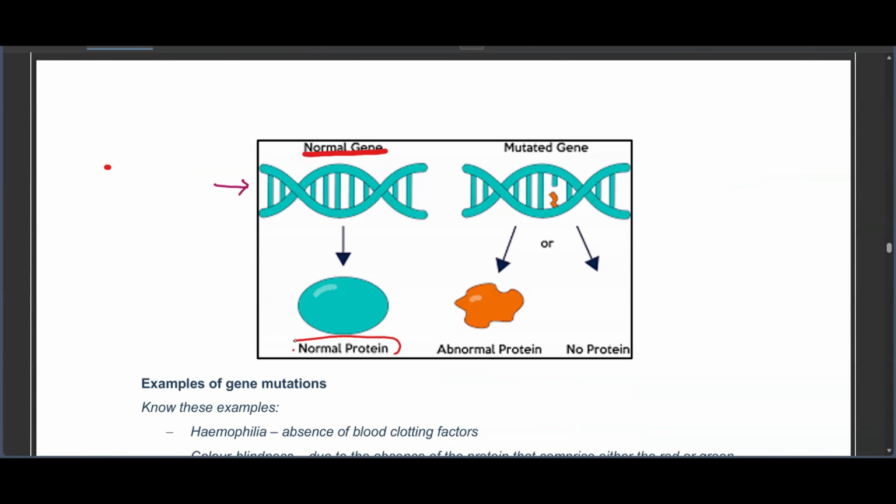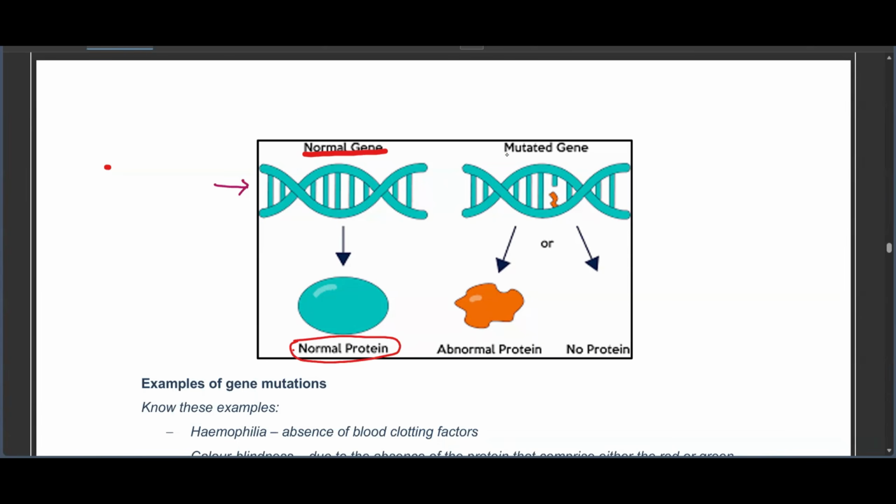Because remember, guys, all of these genes and these codons and stuff like that that we did in term 1, it is all about making proteins. It's all about protein synthesis. So your body requires certain proteins for it to be maintained. Your skin, for it to be maintained, requires certain proteins. So the genes are the ones that are responsible for producing those proteins. So if we've got a normal gene, we are going to produce a normal protein.